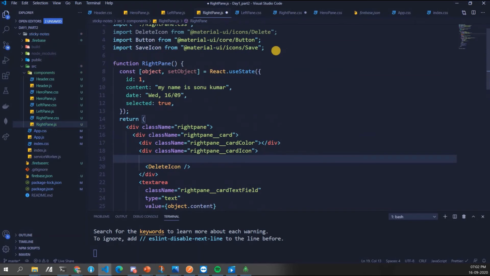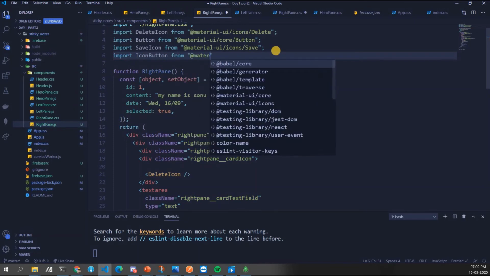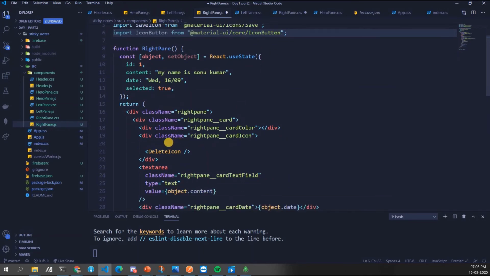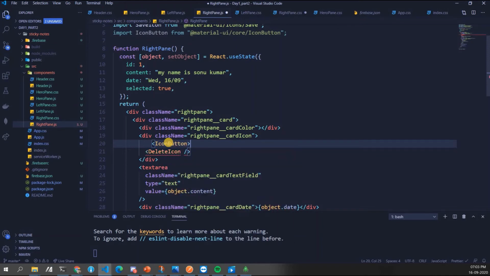We have done it 4 times. Import icon button from material UI slash icon button.